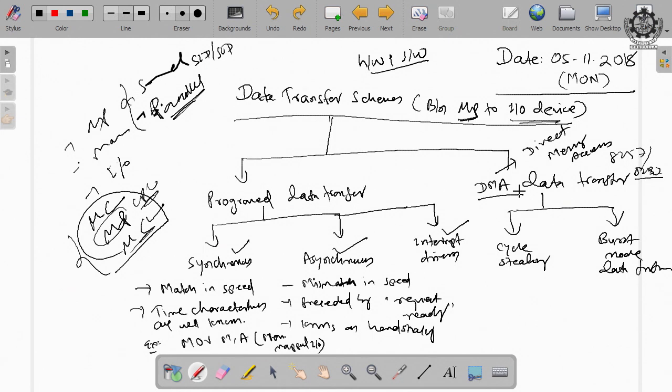But at the same time, DMA is an additional chip. Under program controlled I/O, DMA is not required for data transfer. Only the microprocessor is enough to support data transfer as well as processing or computation. Then which is better, should we go for program data transfer or DMA data transfer?